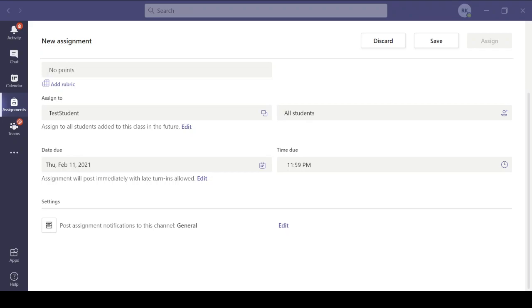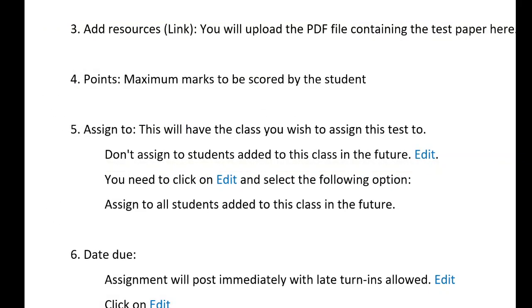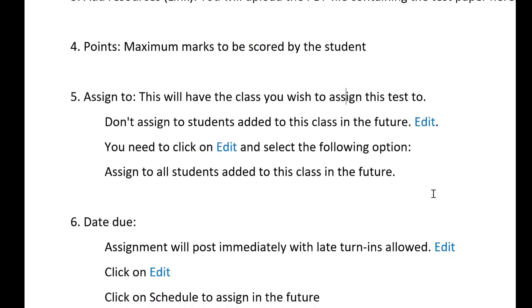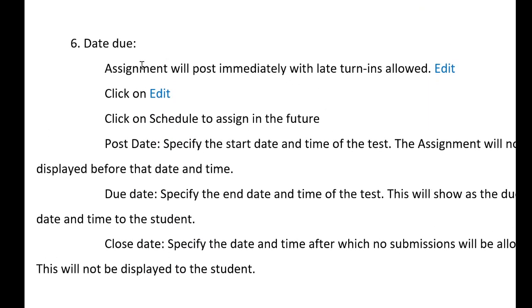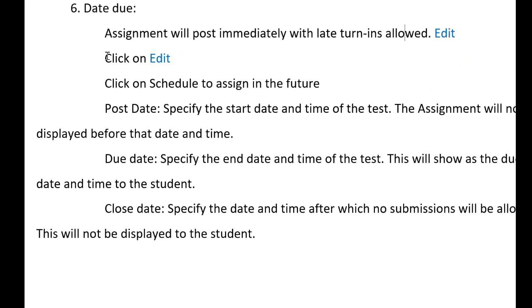Okay, now regarding the dates. Date due is going to be now. Unless you change the dates, the assignment will be posted immediately and with late turn-ins allowed. So that means if somebody turns in late also, that is allowed. When you click on edit over here, what is going to happen is you will get